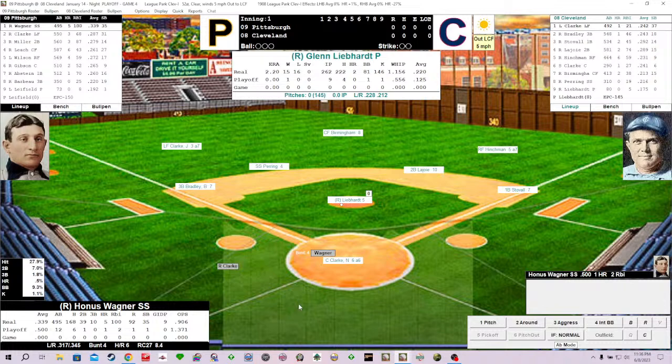Leading it off. Oh, I should say, I'm sorry. For Liebhardt in this tournament, he is 1 win, no losses. He's worked 9 innings, walked 1, struck out 1, and a WHIP, ridiculous, if you will, of 0.56. And right now, hitters are just hitting .125 against Liebhardt, so it should be pretty good. Lefty Leifield gets to start for the Bucs. We'll talk about him when we get to the bottom of the first. Honus Wagner leads it off. Wagner is 6 for 12 in the tournament, hitting .500, including a home run, 2 runs batted in, and a steal.